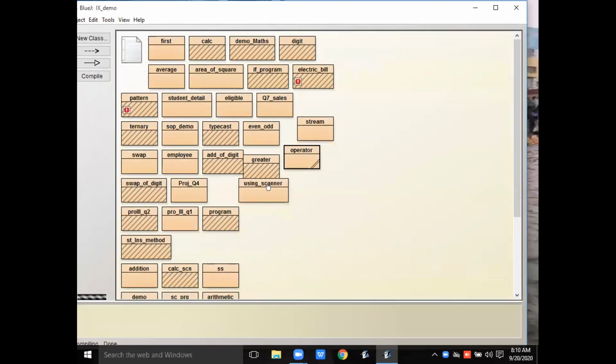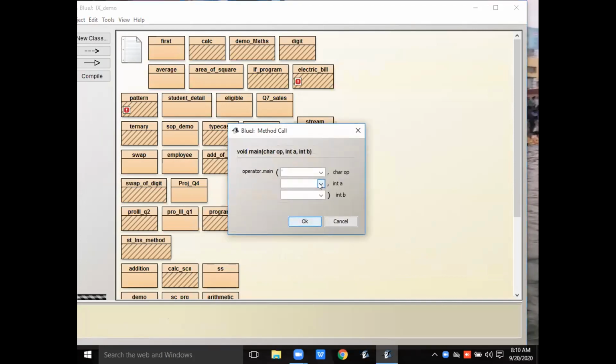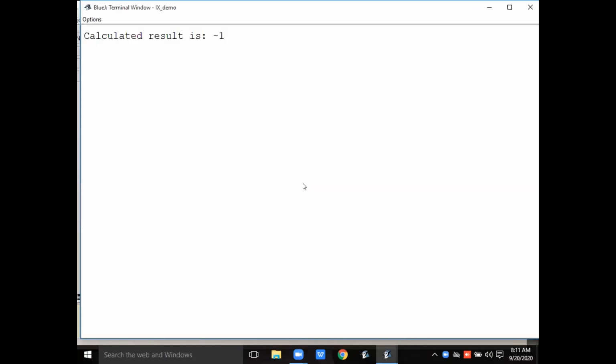See that, for the operator here I'm giving minus in single quotes, numbers 6, 7. The calculated result is -1.